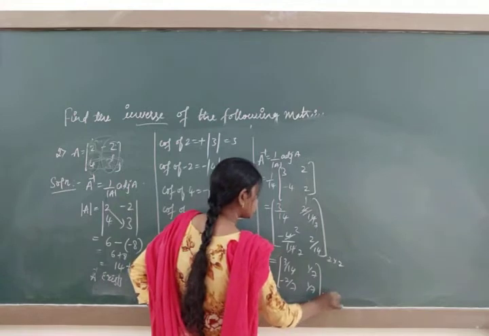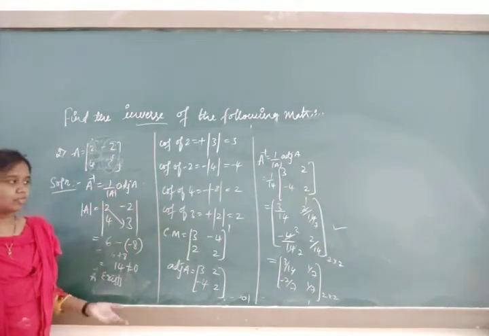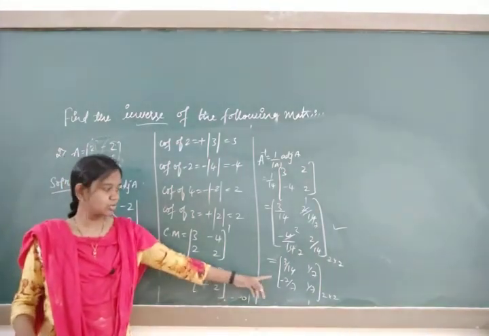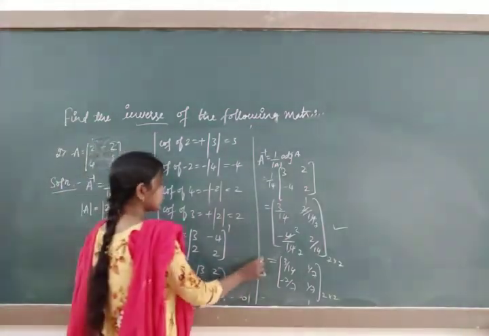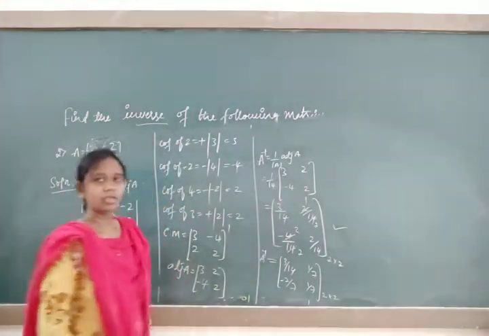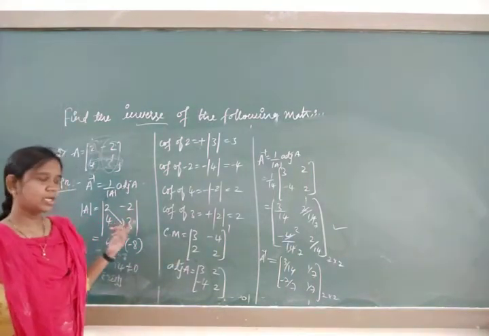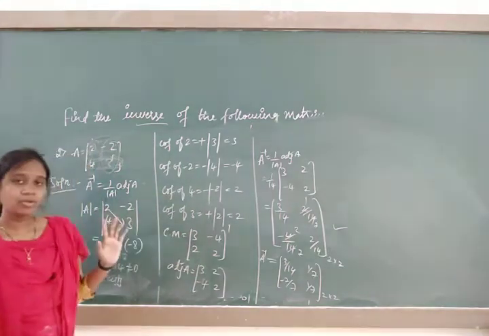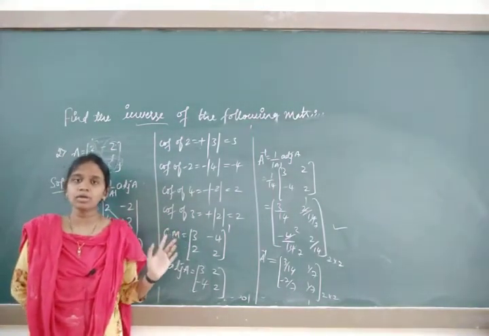Either you can stop the problem here itself, or else you can divide the entries. If 2 ones are 2, 7s are 14, 2 twos are 2, 7s are 14, then you make a cancellation and write this as your final matrix, and its name is A inverse. Whether this inverse is correct or not, you can verify: A into A inverse equals I. In this way you have to find the A inverse for a 2 cross 2 matrix.